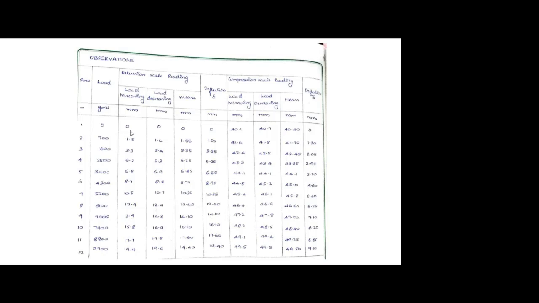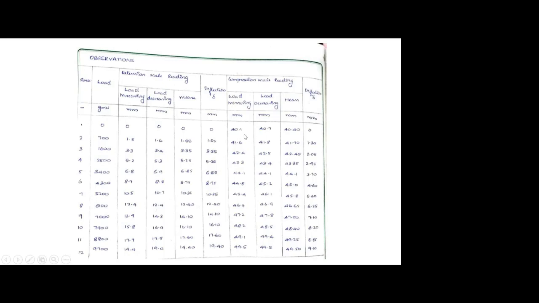Its corresponding deflection is measured. Then similarly you add on the slotted weights and take the corresponding readings, up to the last slotted weight. During unloading, we also have to measure the values and take the average, because the spring is used several times, so loading and unloading may not give the exact same value. That mean value is taken as the deflection for the extension spring, because we set the initial reading as 0.